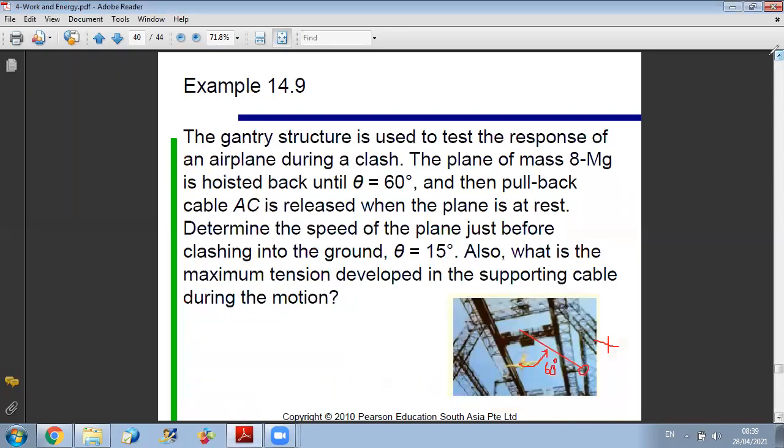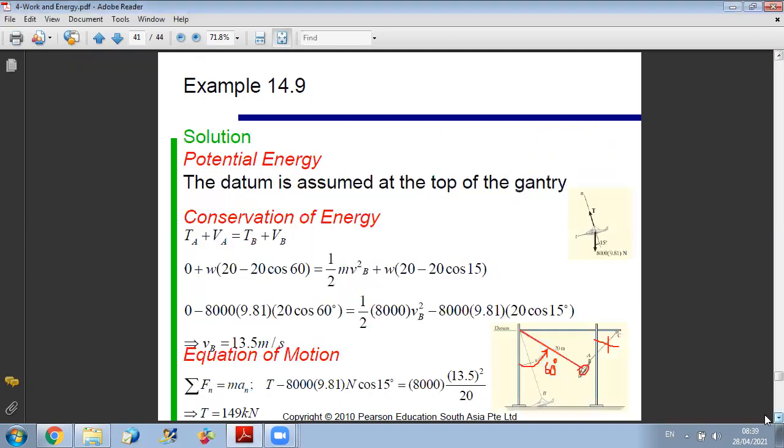Okay, so first they want us to determine the speed just before the crash with the ground, and second to find the maximum tension developed in the cable. So let us start first with the velocity. So we need to determine what is the velocity just before the crash. You have here that when the collision takes place, this angle is 15 degrees, they told us. So in this problem, how can we think? First, we know the initial